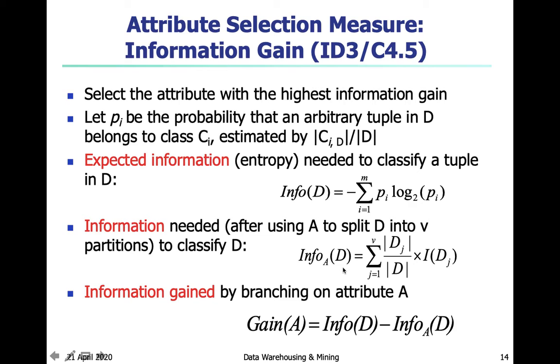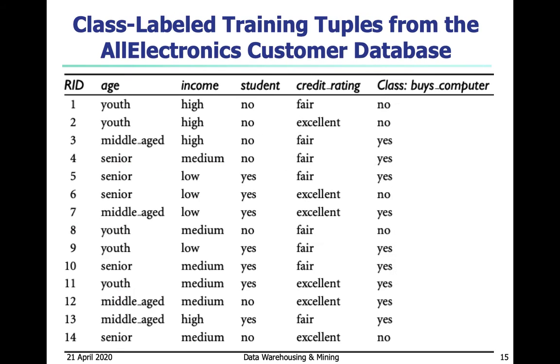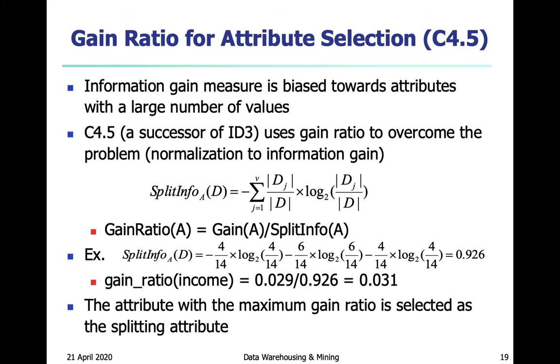So you just modify this one to minus summation of |Dj| by |D| into log of |Dj| by |D| to the base 2, where j is 1 to v, meaning if there are v partitions. So this value represents the potential information generated by splitting the training dataset D into v partitions,